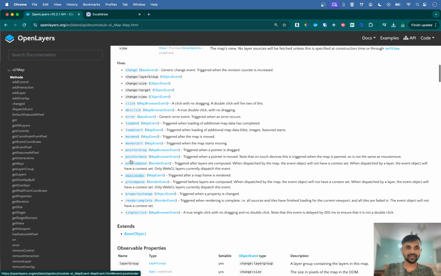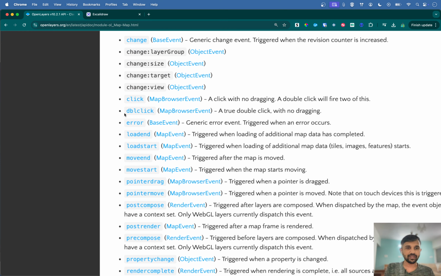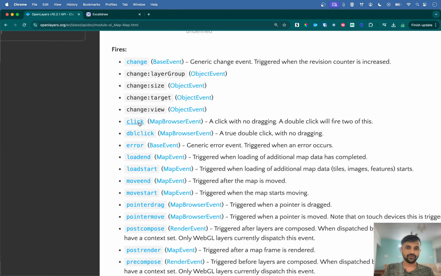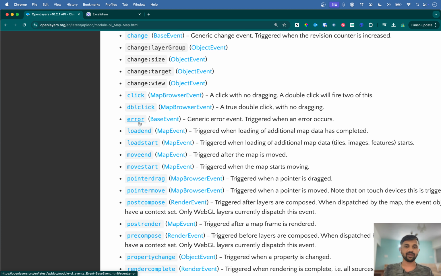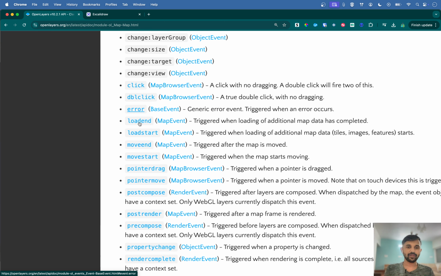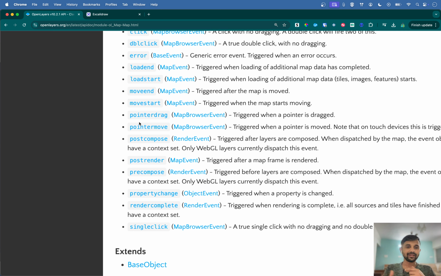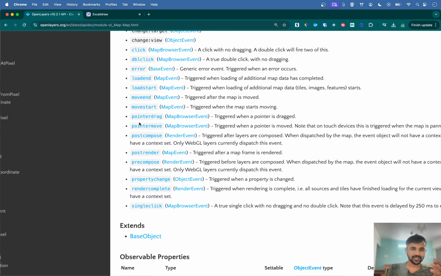As you can see, in terms of events, there are so many events that we can trigger. For example, if you click on a map, if you double click on a map, if you start loading the map, if you end loading the map, if you start moving the map, if you end moving the map, if you start rendering the map, if you do a single click. So this is really amazing. I mean, there are so many properties that you can actually play with, which makes it robust and almost useful